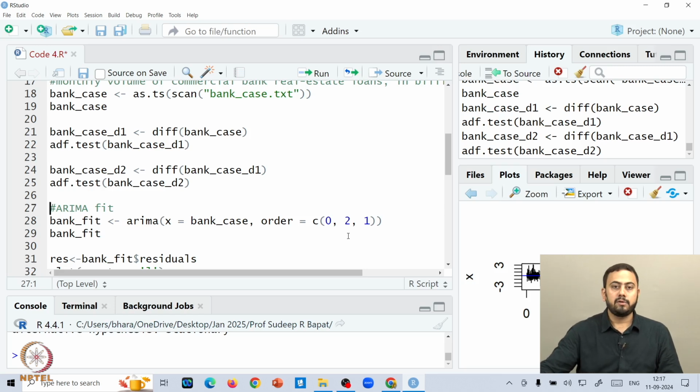Okay. But if you're fitting an ARIMA model where the middle order is 2, that model has to be fitted on the actual data, isn't it? So your actual data follows an ARIMA model with these orders. So 0, 2, 1. Okay.